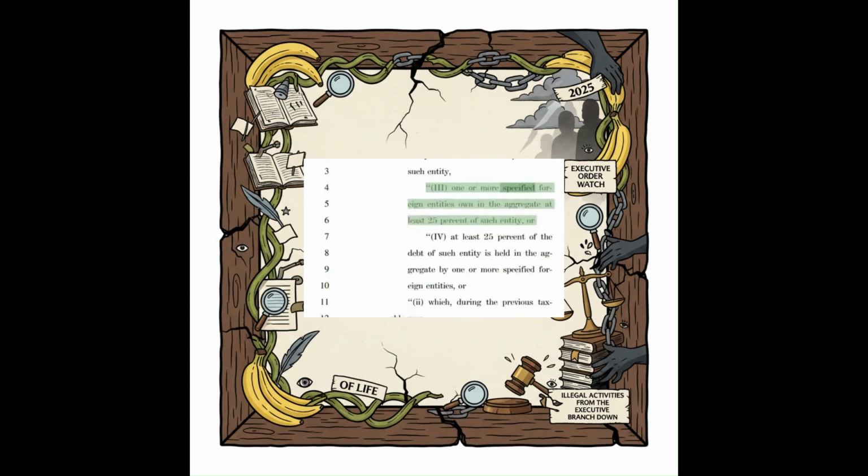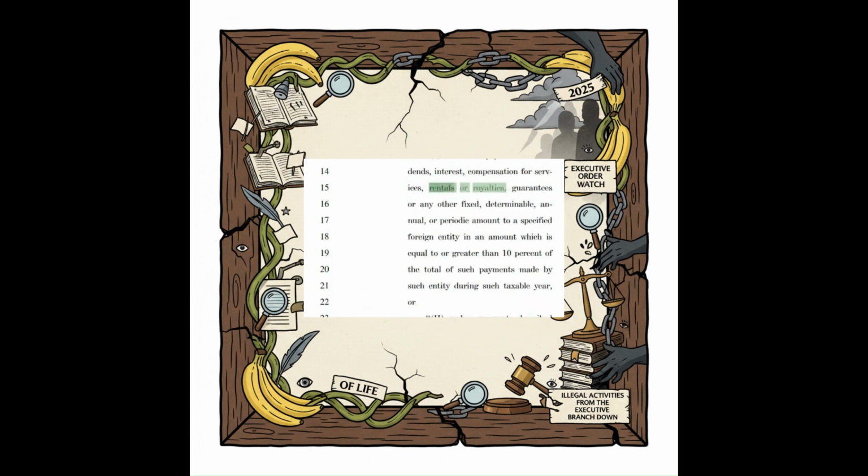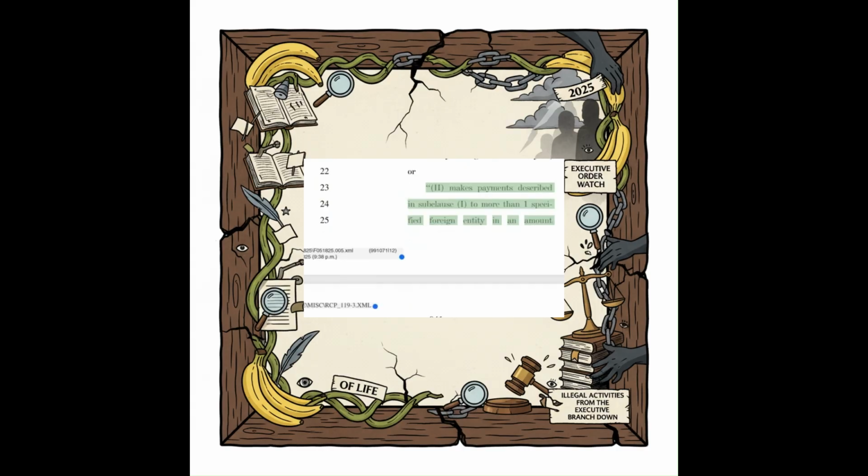1 or more specified foreign entities own in the aggregate at least 25% of such entity, or makes a payment of dividends, interest, compensation for services, rentals or royalties, guarantees or any other fixed, determinable, annual, or periodic amount to a specified foreign entity in an amount which is equal to or greater than 10% of the total of such payments made by such entity during such taxable year, or makes payments described in subclause to more than 1 specified foreign entity in an amount